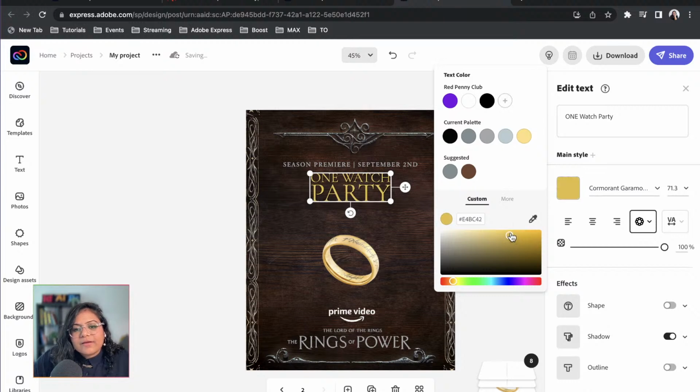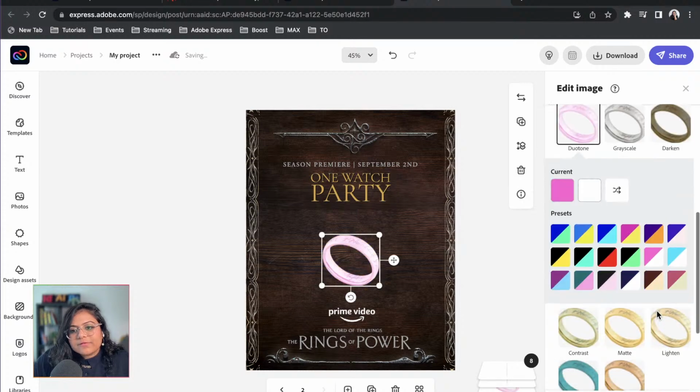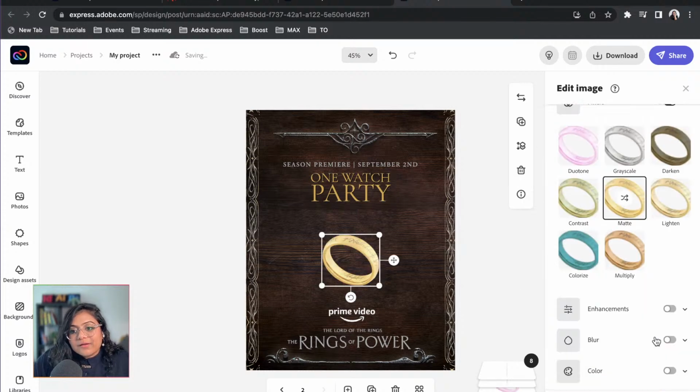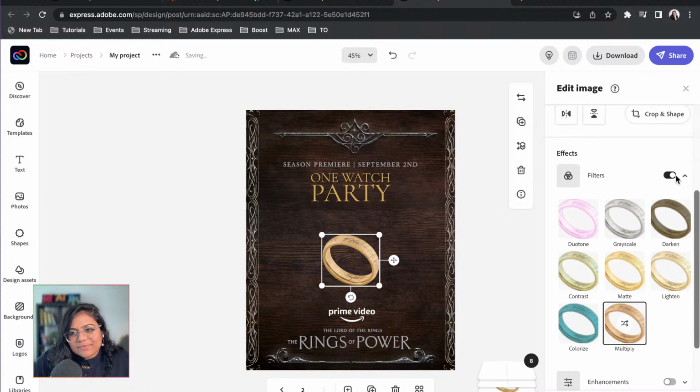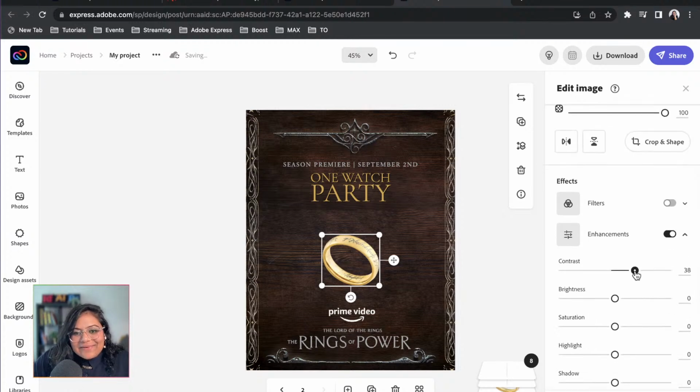I think this is too light. I want something like a bronze. I'm just gonna color pick. I want something like this. I also want to change the filter on this ring. So I'm gonna go to filters, and not that. I'm sorry, not that. Nope. I think I want an enhancement. So it enhances the contrast a little bit, just so it's lighter and really strikes with the background that we have. And I think this kind of looks nice.